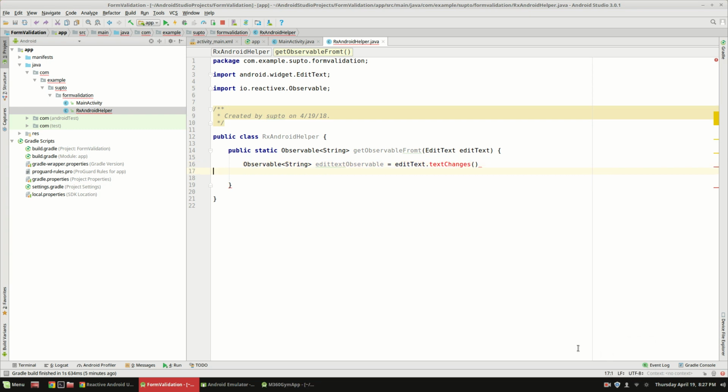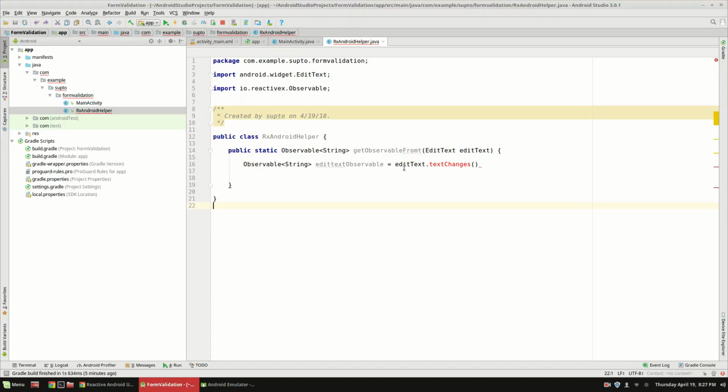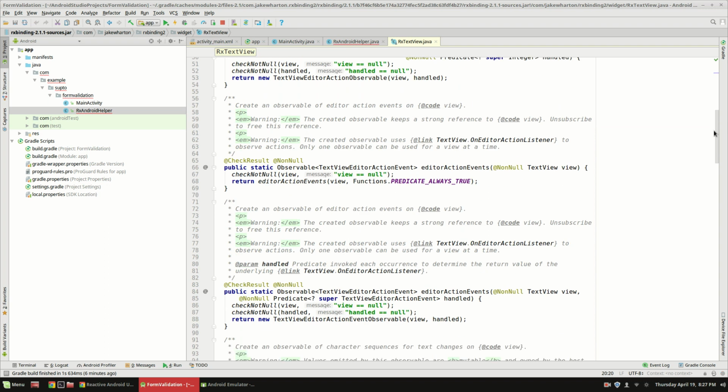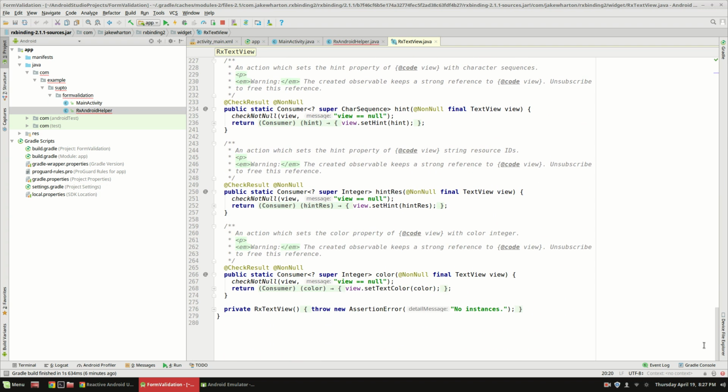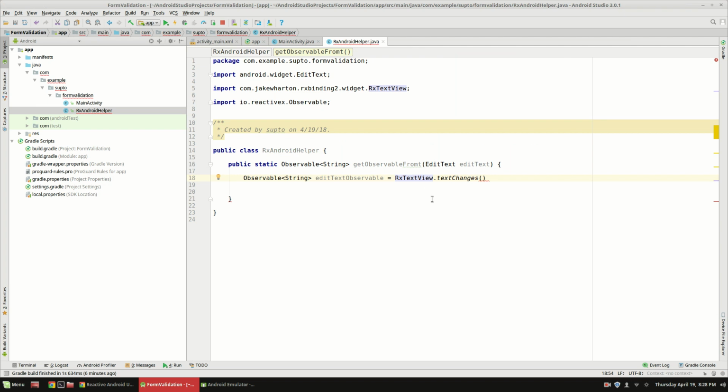What is this? Sorry, I forgot that I was not getting from Rx text view. I was directly operating from here. This is not good. Sorry for the mistakes. We can get an observable by using this Rx text view class. This is the class provided by the Rx view binding library, and we can use it to get an observable from our edit text or text view. So Rx text view dot text changes, and we need to pass this edit text,